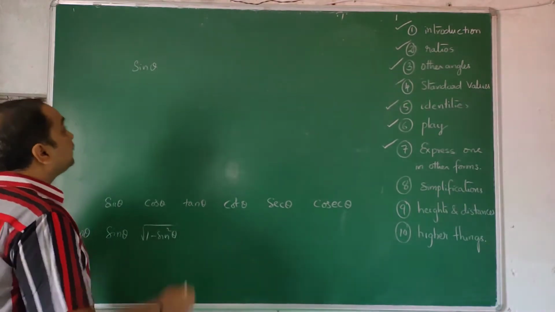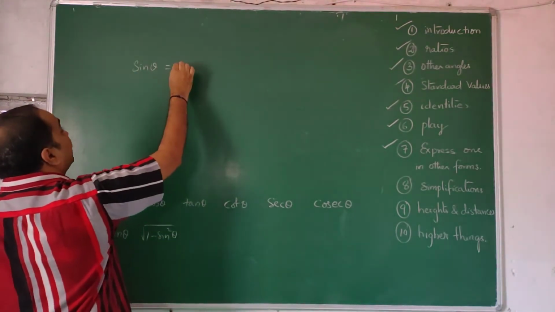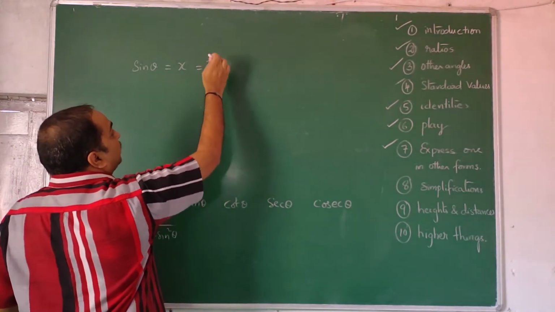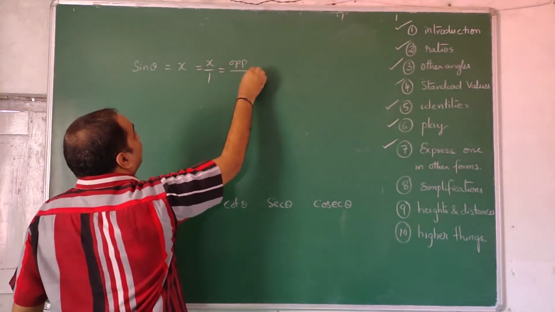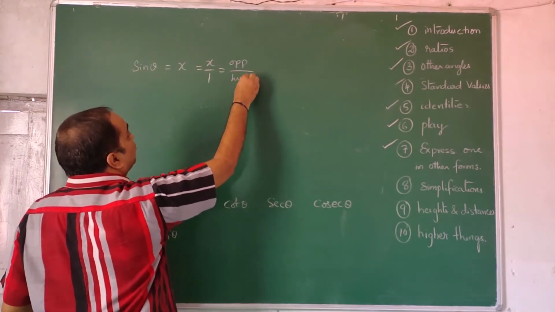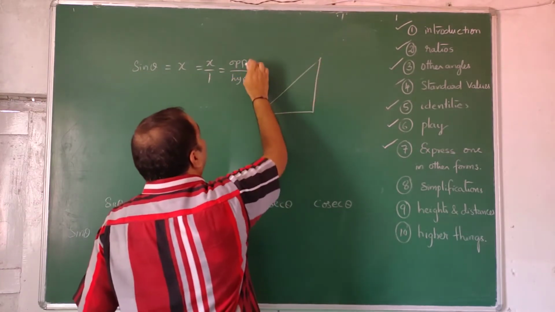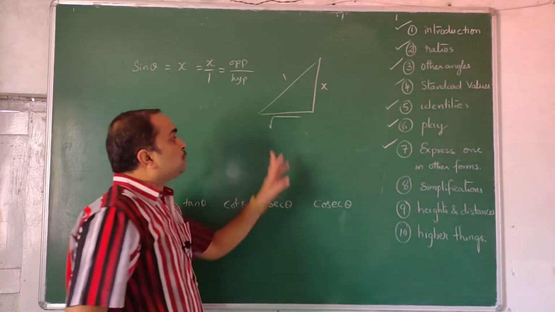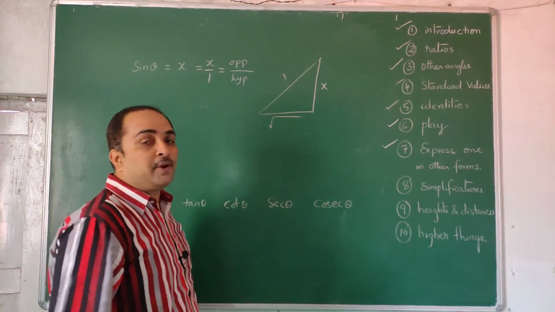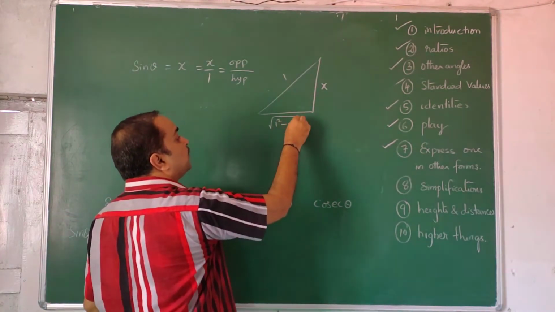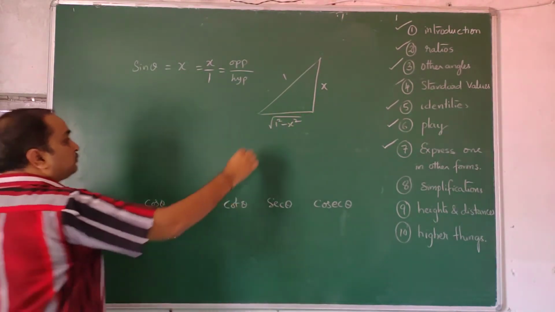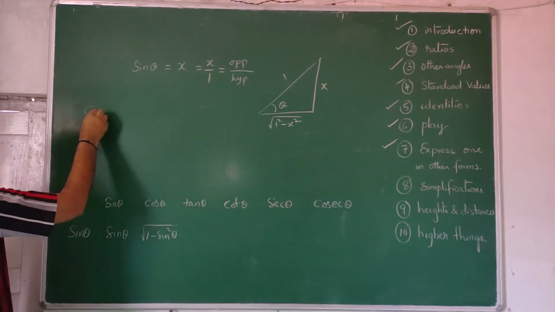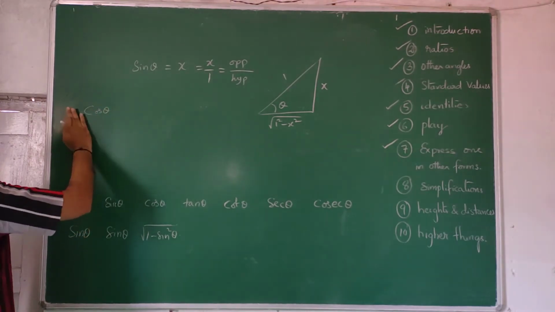What is tan theta? You can get all these things from this. Let us take whatever they ask, and call it x. That is equal to x by 1, which is opposite by hypotenuse as per definition. So take a triangle in which you know opposite and hypotenuse, x and 1. So what should this be? This should be the smaller side. You don't get it by addition, you get it by subtraction: 1 square minus x square. Now for this theta we took this as opposite and hypotenuse. From that you can get cos theta. Cos theta, I'll write it here itself.